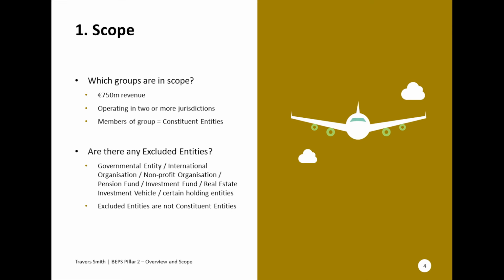To be in scope of Pillar 2, the group needs to be a large international group. So it needs to have revenue of 750 million euros. That's the same threshold as the country by country reporting, and it needs to be operating in 2 or more jurisdictions. This could be through 2 entities, but it could also be a main entity with a permanent establishment in another jurisdiction,